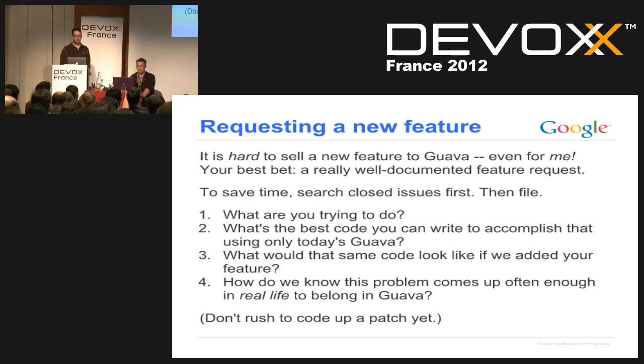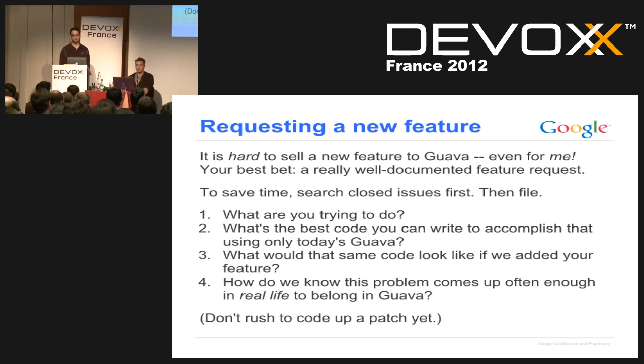I want to talk for just 1 minute about what you should do, because this will affect everyone sooner or later. You'll be using Guava and you'll want to request a new feature for it. The thing we always have to warn people about is that it's very hard to get new features into Guava. It is a very exclusive library that tries to keep itself as small and focused as it can. It is even hard for us ourselves. I can't tell you how many ideas I've had that I think are great and would really love to put in Guava, but I have to convince the whole team, and I have 9 of these things just sitting in an icebox somewhere. So it's hard for everybody.